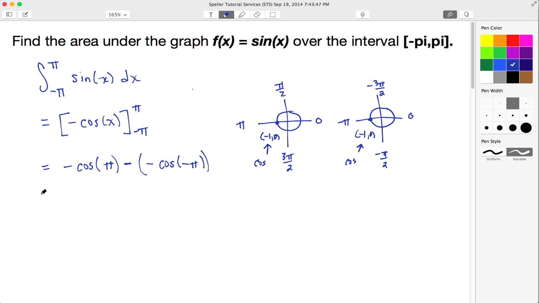Now we just make the substitution. Here, putting my negative, cosine of pi is -1. Notice the parentheses so I don't get these negative signs mixed up. Minus, negative, and here cosine of negative pi is actually -1. And again, I place in my parentheses. I have a negative and a negative, which makes that a +1. I'm going to rewrite this negative, and again, a negative and a negative makes this a +1. And I have 1 minus 1 to give me 0. So the area under the graph for the function sine of x over the interval negative pi to pi actually gives me a result of 0.